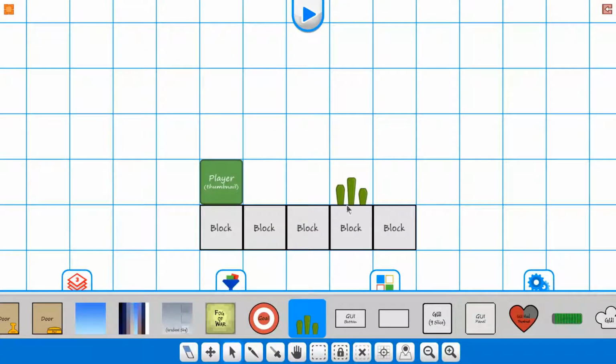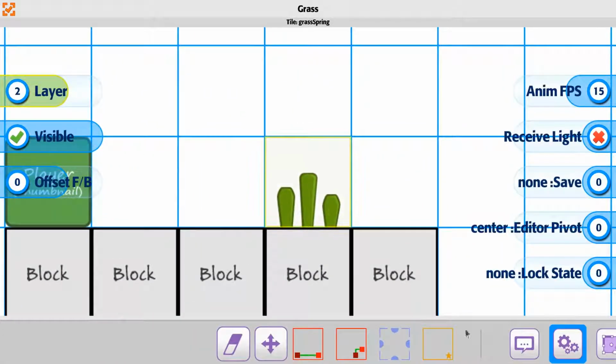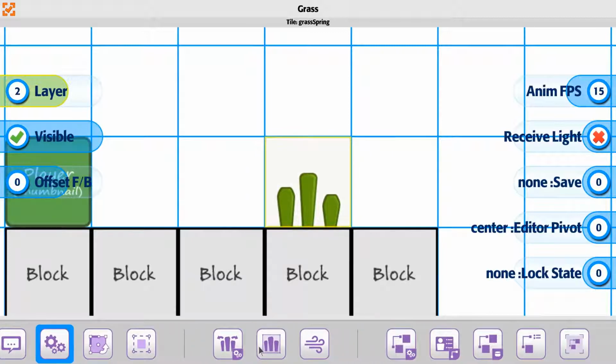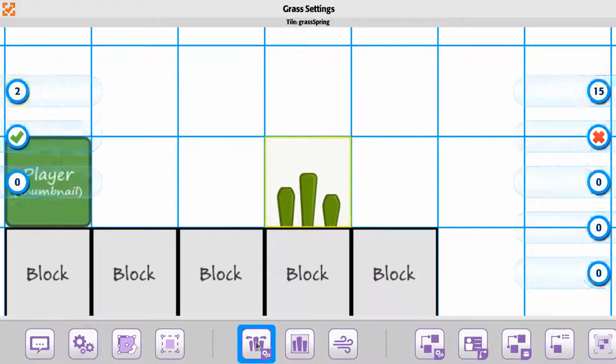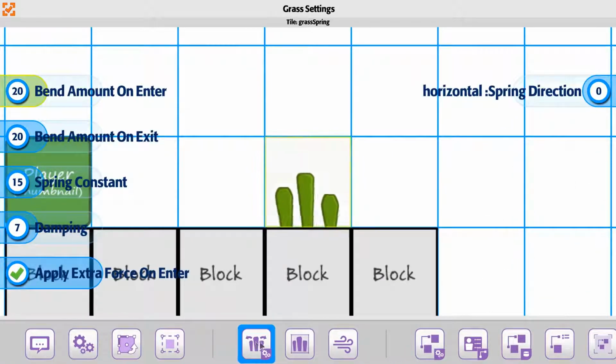Alright, let's go ahead and take a look at the graph spring properties here. When we go down here, we've got three different types we're going to be looking at. The first one's going to be our settings options. In the settings options, what we have on the left side over here, we've got an enter and exit for